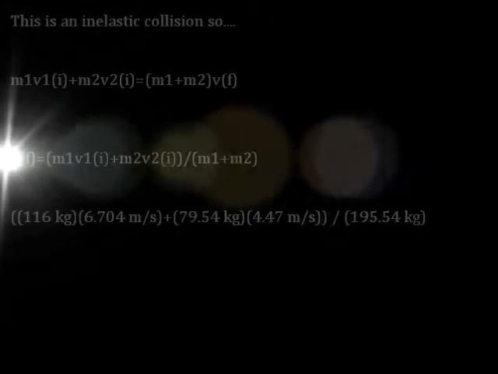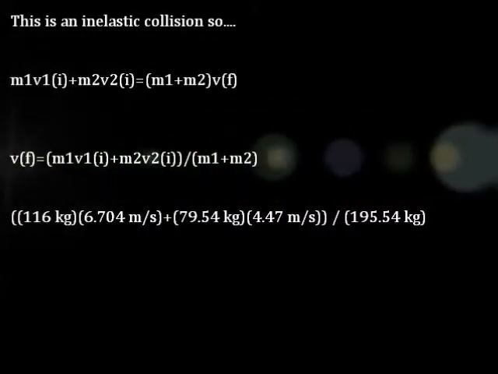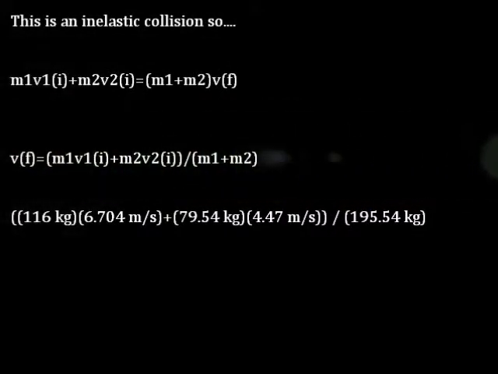Since we discussed how football hits are inelastic collisions, we are going to use the formula we already stated. Doing some moving around, the final velocity is equal to the initial momentum of Clowney and the initial momentum of Smith divided by the total mass of the two. Plugging in the numbers, we find the final velocity is negative 2.16 meters per second.